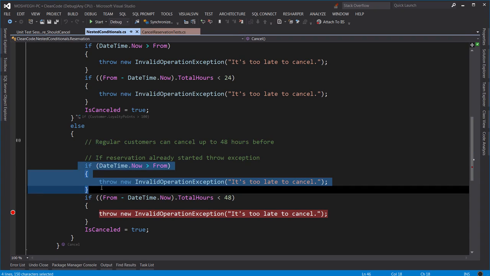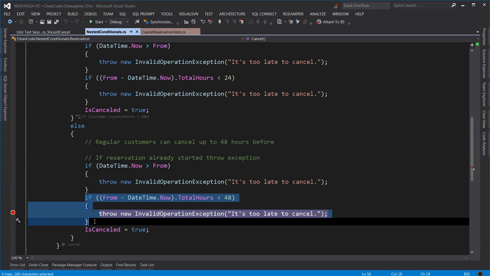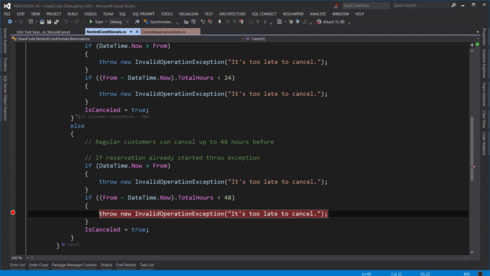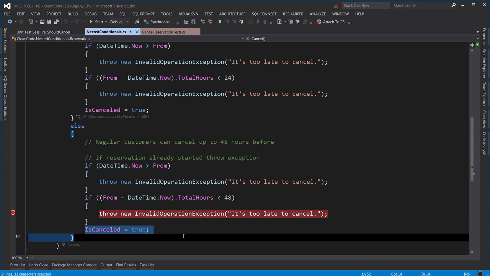So again, similar as above, we check if the reservation is already started, then it's too late. Otherwise, we check if the customer is trying to cancel in less than 48 hours. If so, we say it's too late. Otherwise, we cancel the reservation. Now, when it comes to refactoring this kind of methods, unfortunately, ReSharper is not very helpful, and you have to